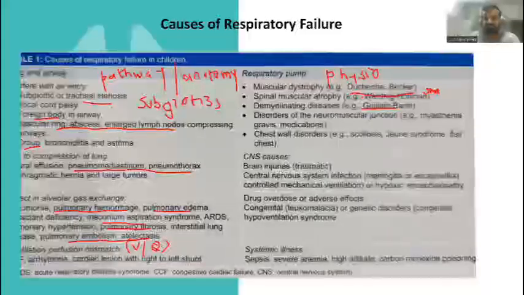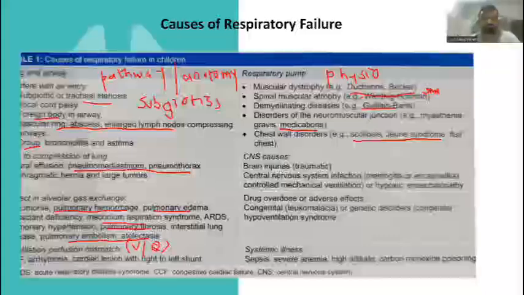There might be presence of neuromuscular junction abnormality like myasthenia gravis or medications, neuromuscular blockers, or there might be chest wall disorders where there is scoliosis or Jeune syndrome. Jeune syndrome is actually constricting. There is constriction of the thorax, and the prognosis is very poor, and gradually the